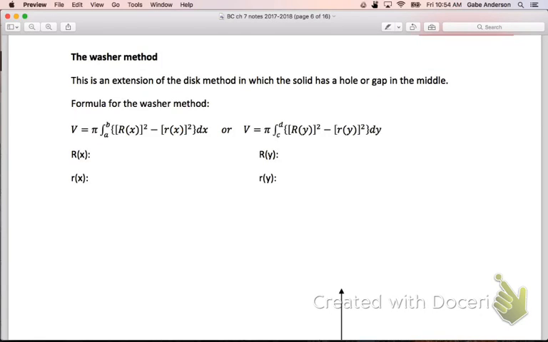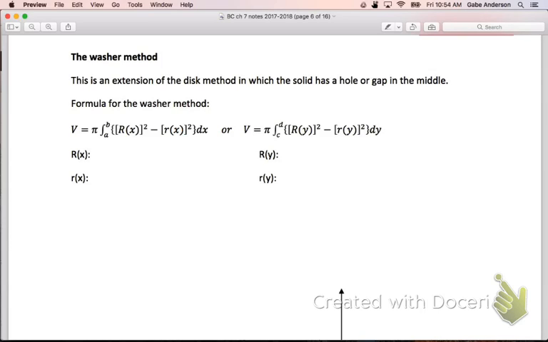This is the intro video for AP Calculus BC, section 7.2. You're going to be focusing on the washer method in this video. The washer method is really not that much different than the disk method. All the characteristics really are the same, except the solid that we get is going to have some kind of a hole or a gap in the middle. And so we'll look at the formula for the washer method here, look at a little diagram, and then we'll